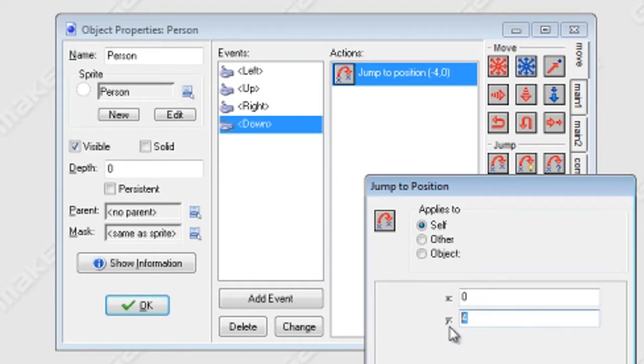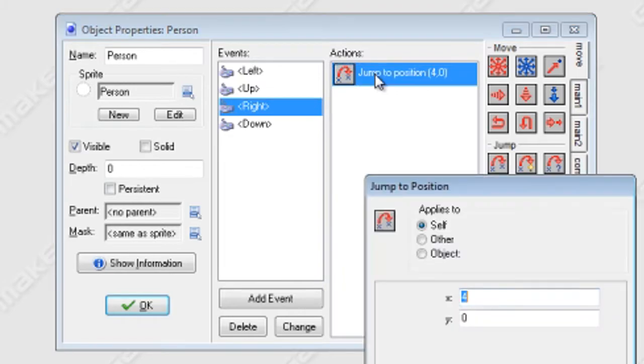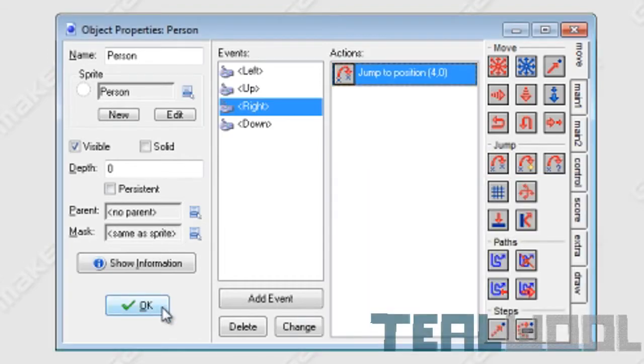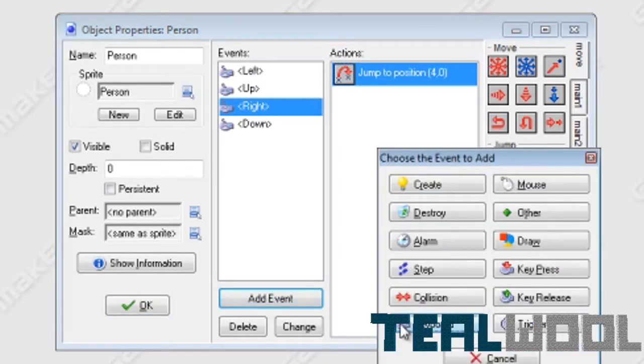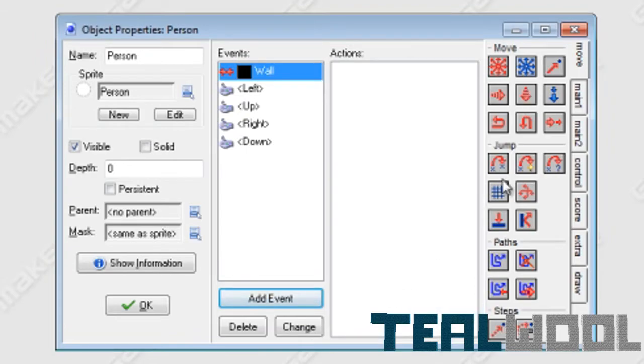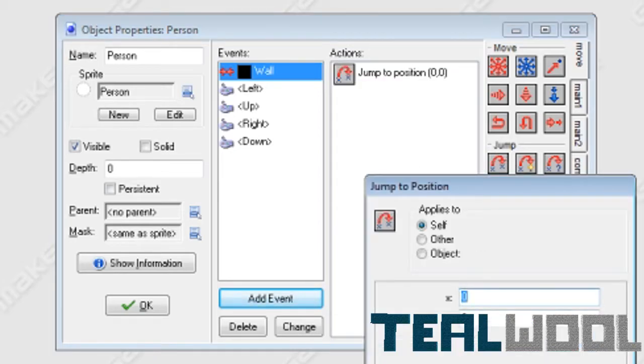Now the higher number, see I've had 4 on every one, but the higher number, so say 6, it will go faster. The lower number, it goes slower. Pretty basic. Okay, so now you want to create a collision, so when it hits the wall it won't move. So click add event, collision, and then click the wall, and then click this jump to position again, the X with an arrow pointing to another X, then click OK, and just leave that how it is. Make sure it's relative again,